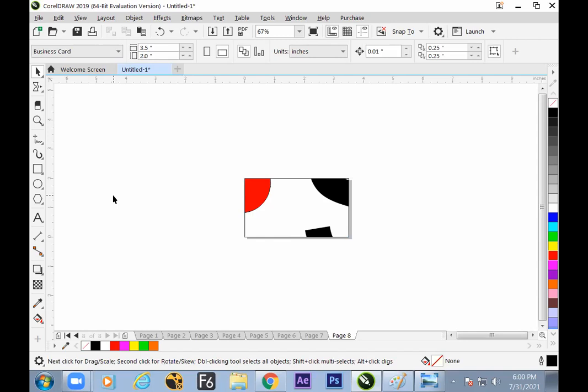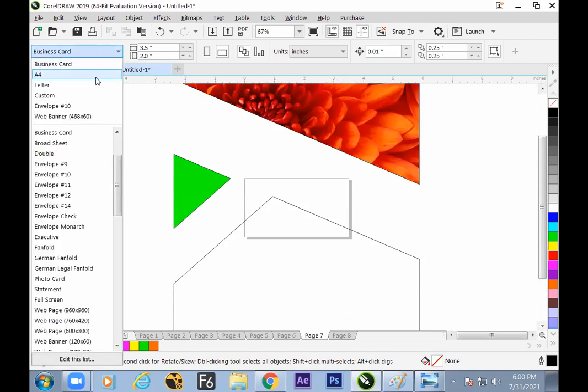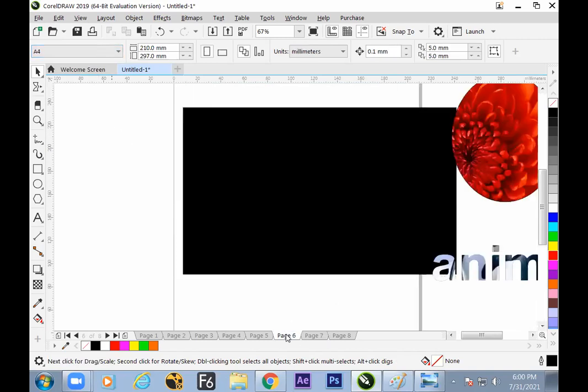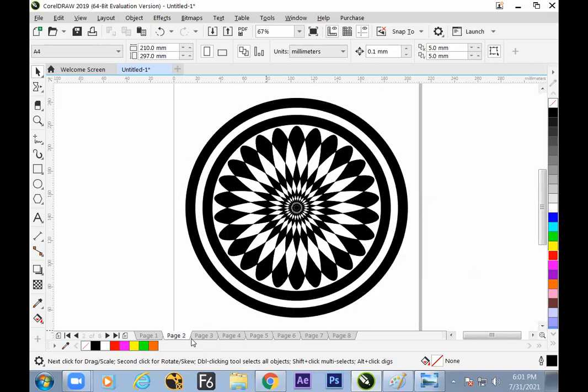So alphabet could be used as a shape. Alphabet is alphabet for the public, but for you, just a shape. And hundreds of designs are there in the alphabet. You know about it. So now what we have seen: how to make a visiting card layout with the help of power clip, and before that, how to make a cover page design with the help of power clip. And the next, the difference of power clipping done with image or with text. Try to do this and the rest of the things on your own.